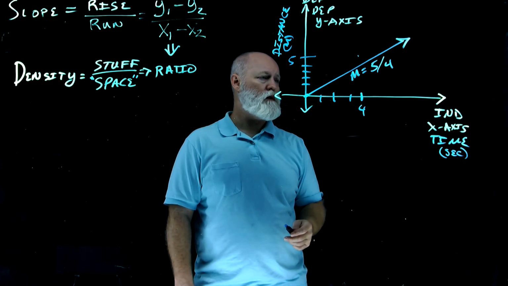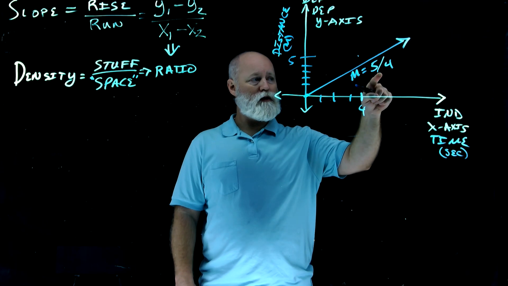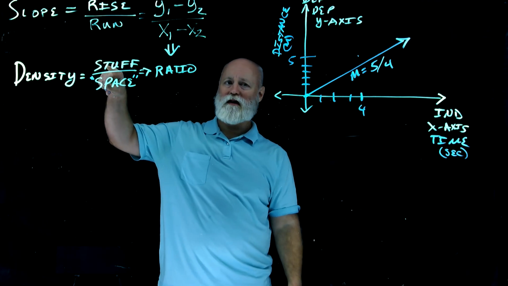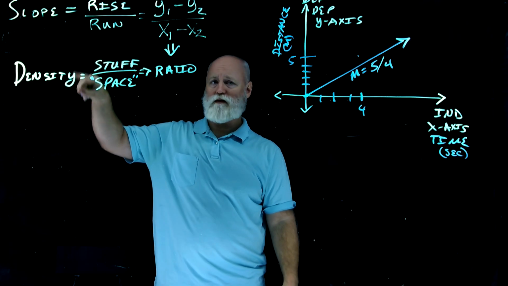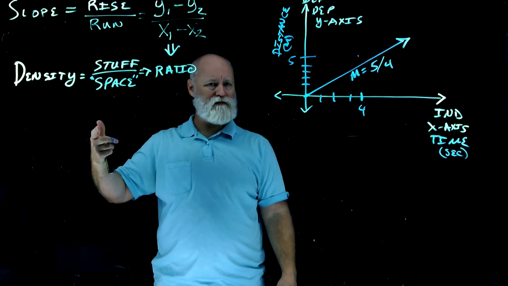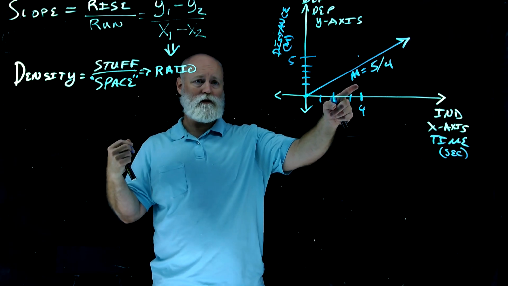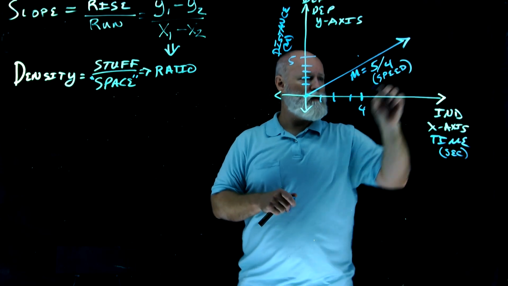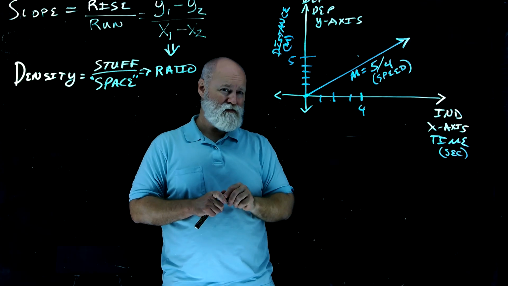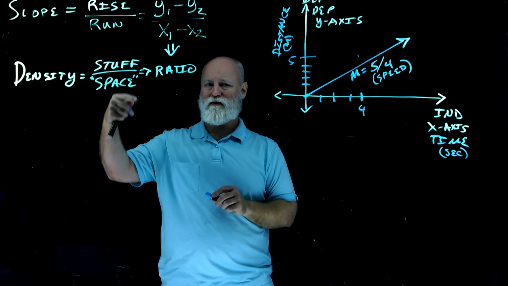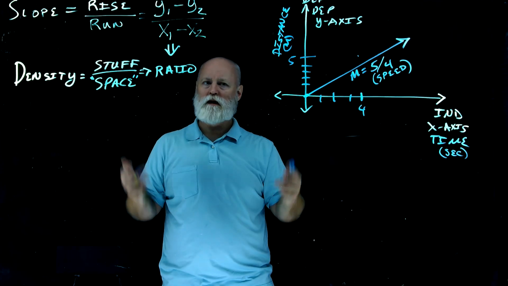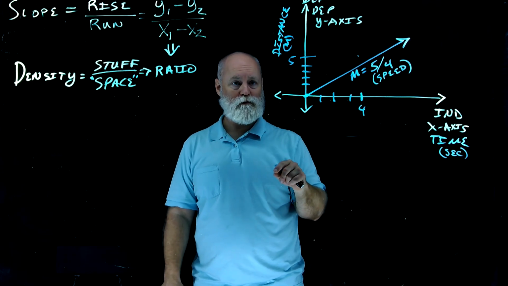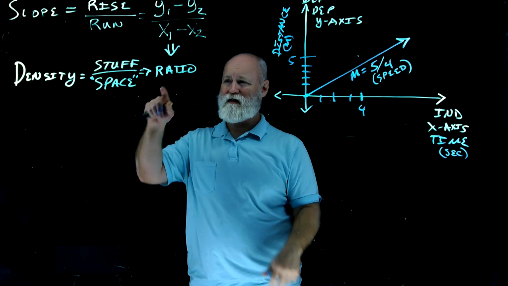We have both of those being defined there. Now, what is interesting to point out here is that this 5/4, by the simple way it looks, does actually meet this definition for density. Now, is speed, that's what this is, all right? That we're describing this as being a speed here. Is that speed a density? Is that stuff over space, even in quotes? No, not really. So we wouldn't call our speed a density, although it does technically meet the definition of it